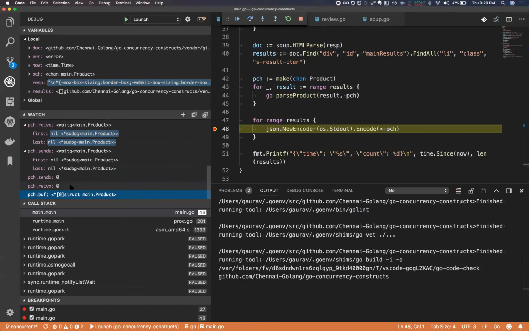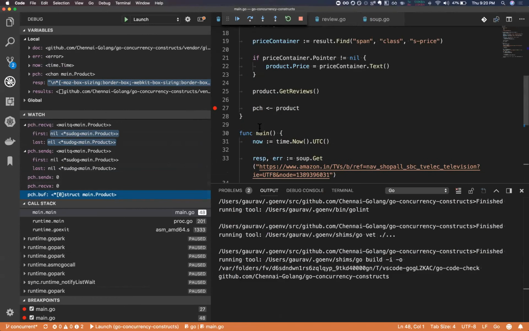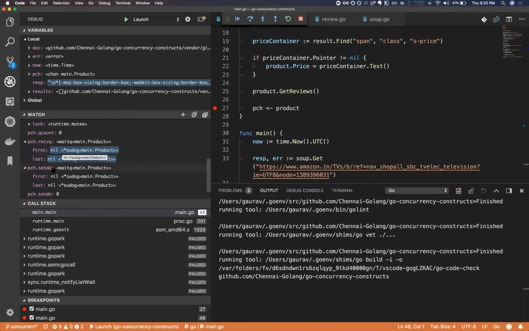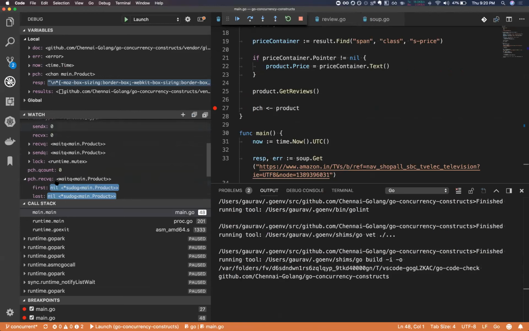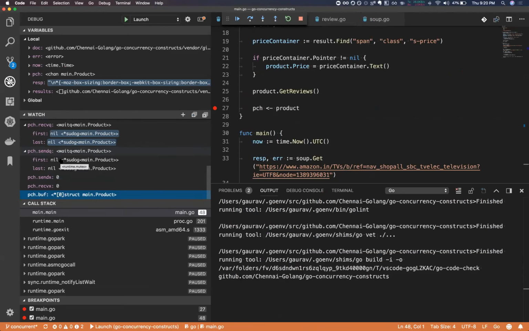One property of a receive queue and send queue is that the way the scheduler works is that when it sees that there is a send, if it sees that there's already something in the receive queue, instead of copying things into the buffer, it would directly send it to the receive queue's element and into the receive queue's memory location, and not even touch the buffer or update any of the counters.